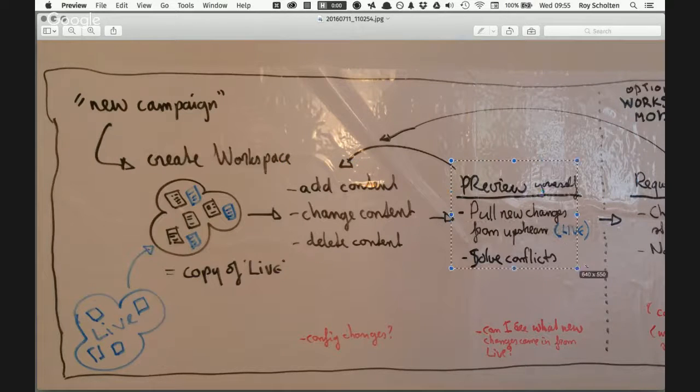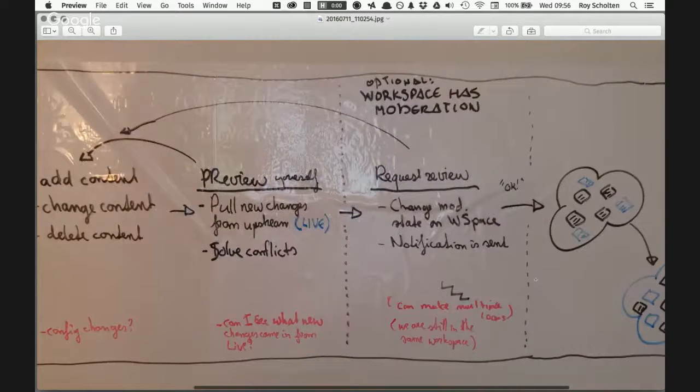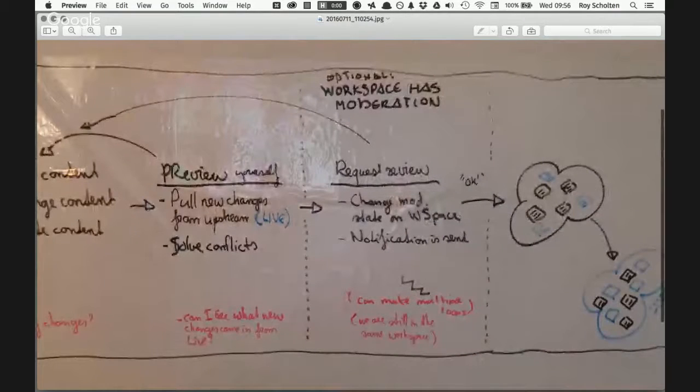You review your own work, just to check if you're ready to send it off for a review by the editor, which means that you pull new changes from the live site, because in the meantime, the live site has changed as well. You have to update your copy of the live site with those new changes. There could be conflicts then, because maybe you've changed an item that was changed on the live site as well. Well, you solve any conflicts. This is high level, right? We don't say how or here. So that you have an updated copy